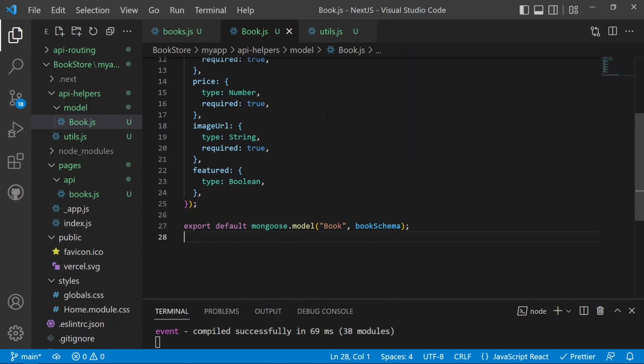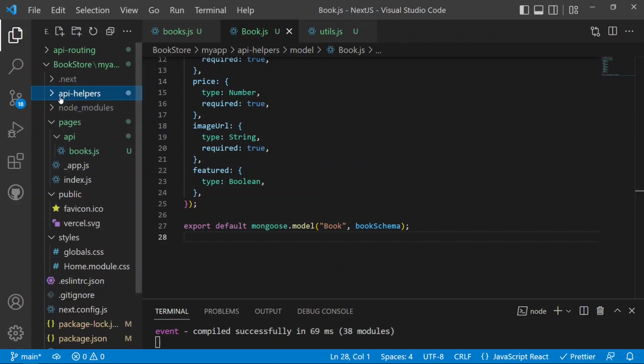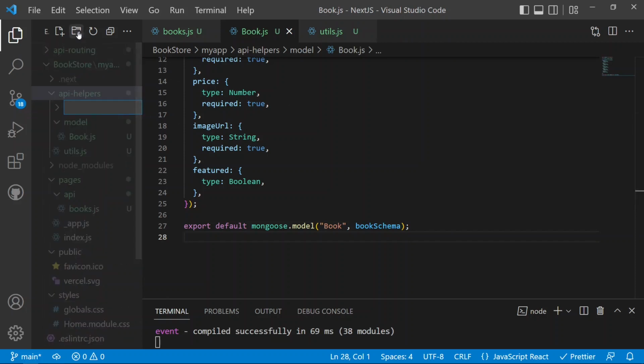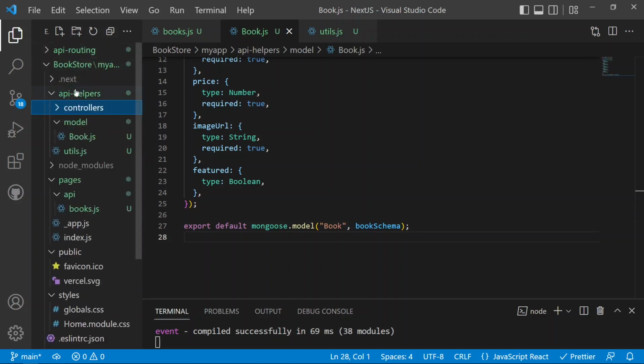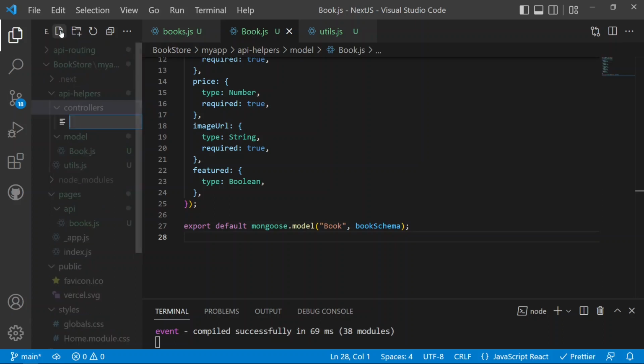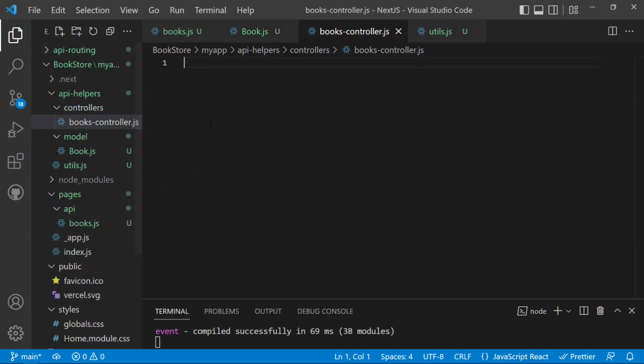So now we can just move on, and then we can just define some helper function to get all of the books from the database. So for that we can just move on, and then we can just define a new controller functions here. So we can have a controller folder. So now inside the controllers, now we can just define some functions. So we can have the books controller.js, and now inside the books controller.js, now we need to control all of the routing functions inside this books